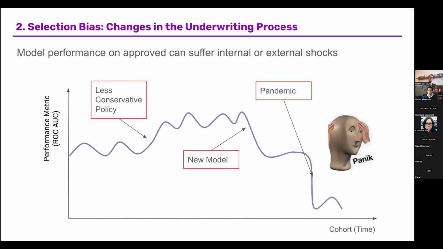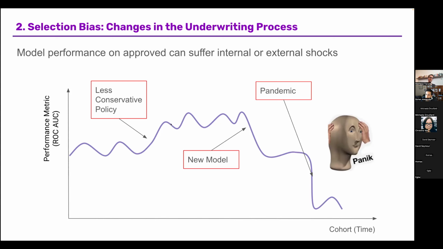So if you combine these two problems, the fact that the data where you can validate your model, the data where you can actually see the outcome variable, is constantly changing by the new models you put in production. If the bank is more or less aggressive, for instance, say the bank is less conservative, so it's letting riskier people in, the moment the bank lets riskier people in, the model will get better because it becomes easier to classify between high-risk and low-risk people. If you have a bunch of examples of high-risk people, it suddenly becomes easier to separate them.